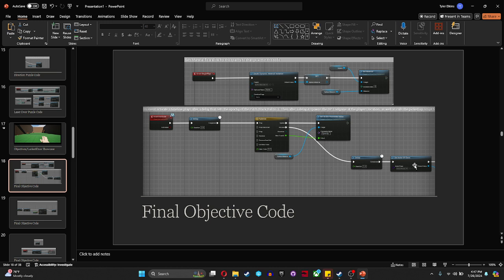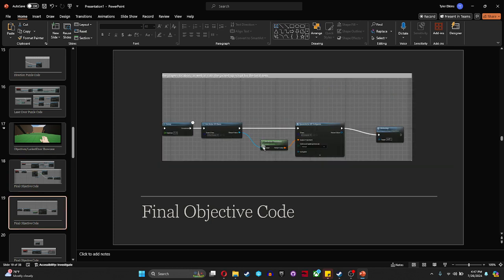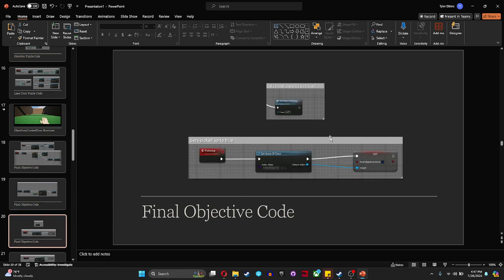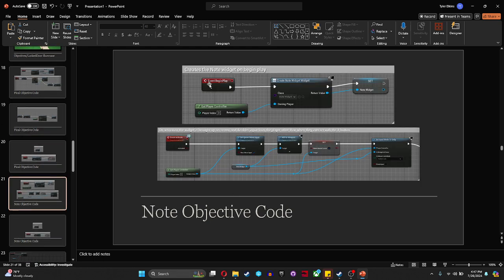And then after a delay, it gets their actor of class, and then gets the actor transforms and spawns the BP in game onto the player, and then calls this pickup custom event. And the pickup custom event fires and gets the actor of class C first person and sets final objective done to true. At which point we go over here and create the node widget, and this basically works the same